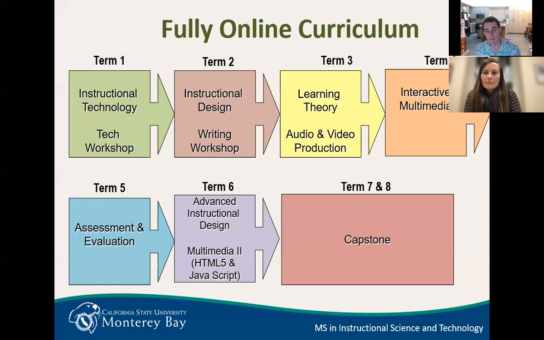Then in the second part of the summer, there's advanced instructional design. And that's a class where you get to work with a real world client. So we've had clients that range from the National Library of Congress to, oh gosh, Fortune 500 companies in the Bay Area, the Department of Defense, other universities. Essentially, these folks will